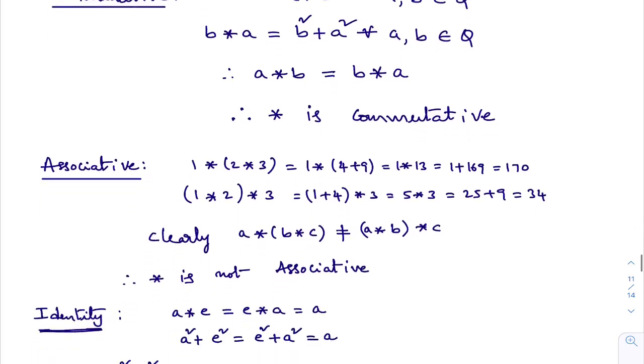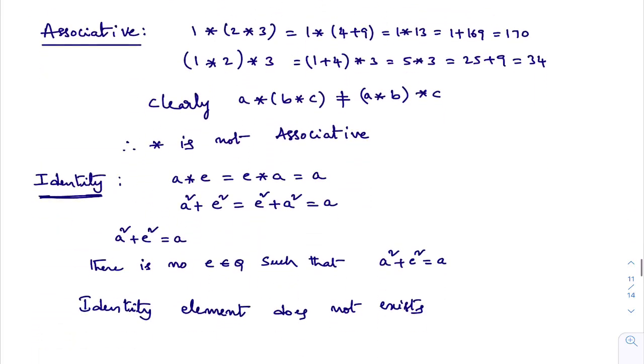Now I need to check whether the same operation is associative or not. Actually, I tried with the general method. I came to know that it is not associative, but I felt that doing this problem with a counter example is very easy. See, when it is not associative, prefer a counter example. That is the easy way of saying. When it is not associative, when it is not commutative, give the counter example. When it is associative, you should go with the general method.